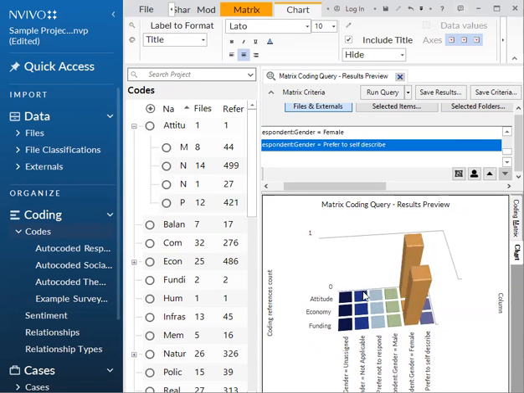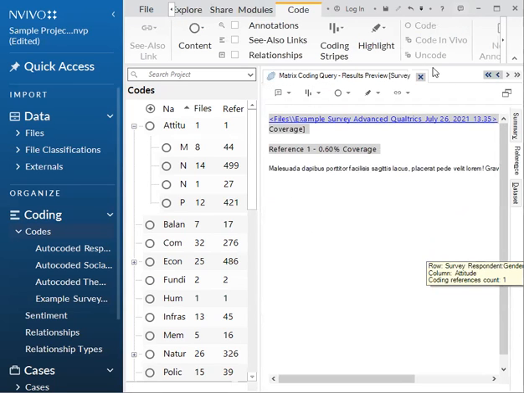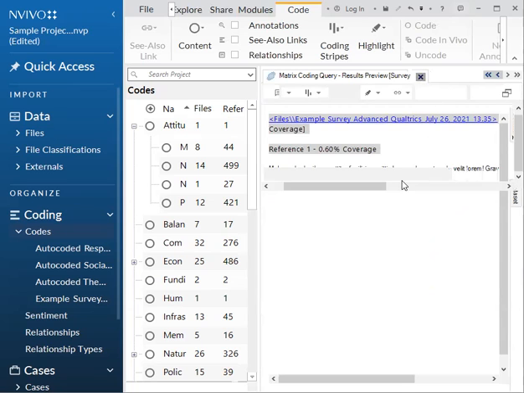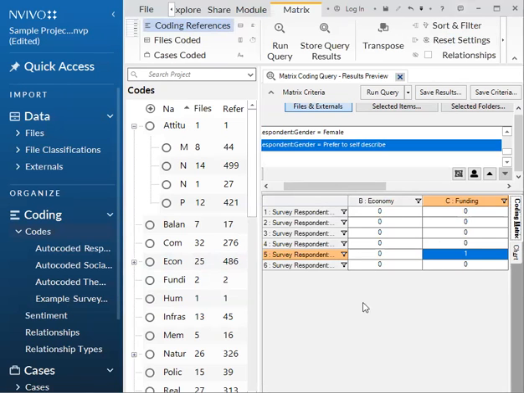And again, you can click on the bars as well to pull open the reference. There we go. So that is one option that has both a query and a visualization.